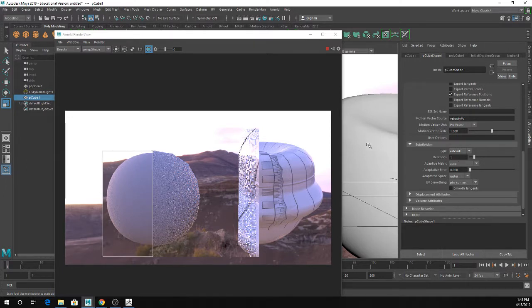And then if I wanted to, I could set the iterations up to like 3, and that makes it pretty much smooth like a perfect sphere. Again, if you need a sphere, make a sphere. But if you were ever in a position where